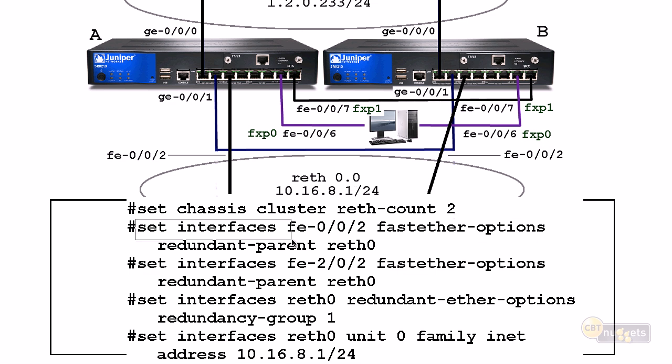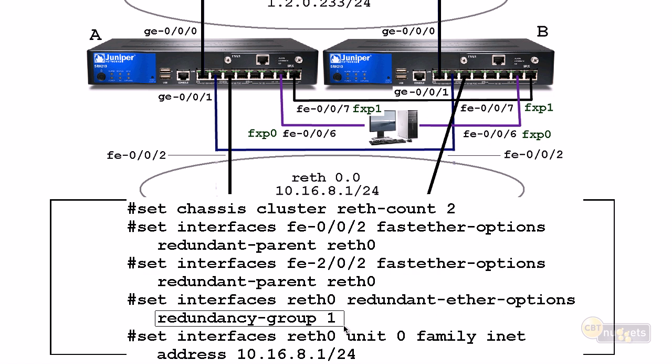Then we're going to set interfaces, and we'll do fast 002, right? That's this interface right here going into RETH 0. We'll say fast ether options. The parent, or the redundant parent, is RETH 0 right there. Then for 202, which we know is this interface coming down here at an angle, right? We know this will be changed to 202. So 202 fast ether options, its redundant parent is RETH 0. Okay, no problem. Then we're going to say RETH 0, your redundant ether options is to be in redundancy group